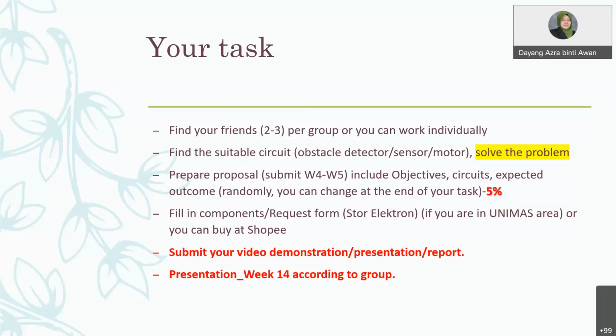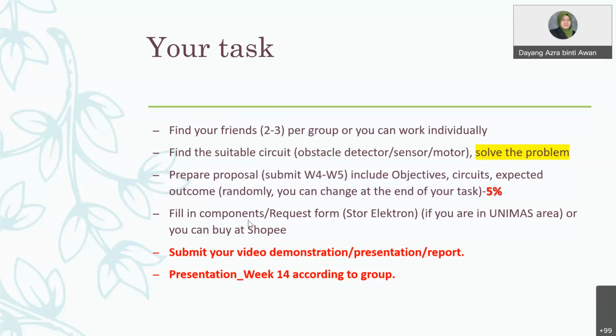So this proposal will be your pre-report. If it is the same as your final report, it is okay. If it is not the same, it is also okay. You can adjust the details. The report is a very simple report. Just a simple one that you can write using AAA.